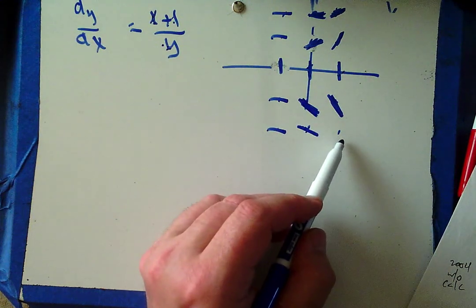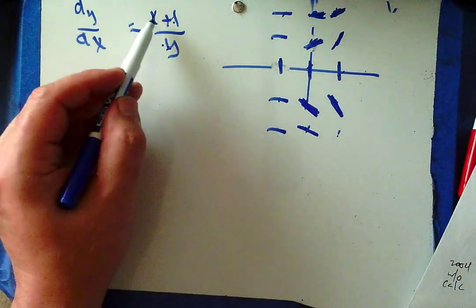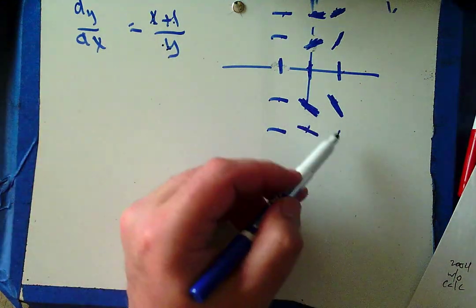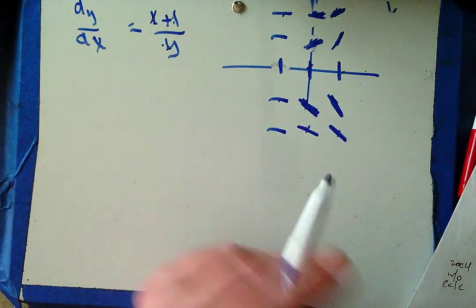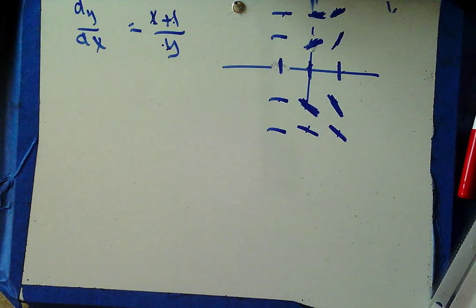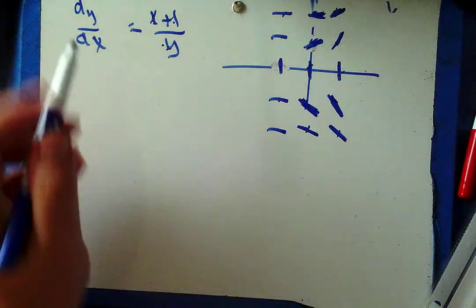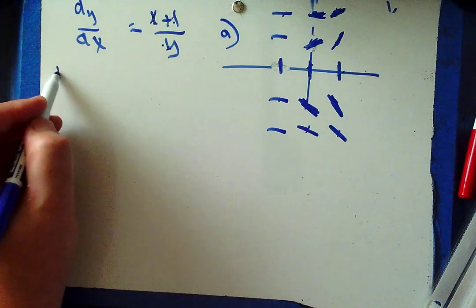And if I put in 1, negative 2, I get 2 over negative 2, which is negative 1 again. So that's what my slope field looks like. Okay, and now that's part A. Part B,